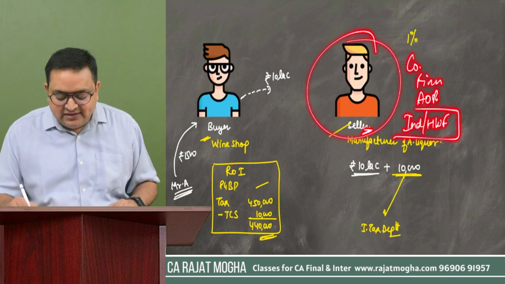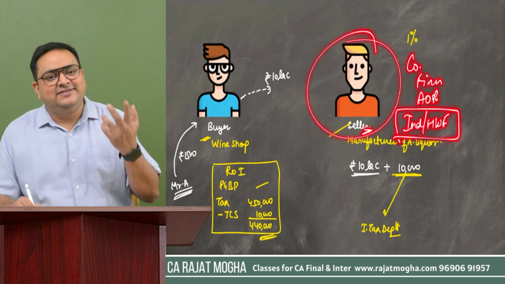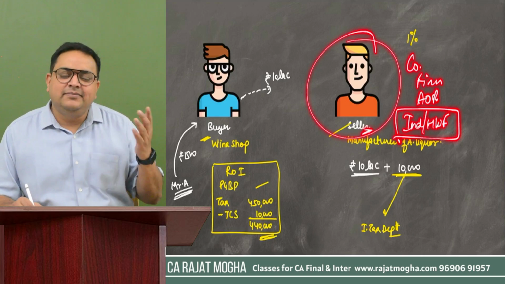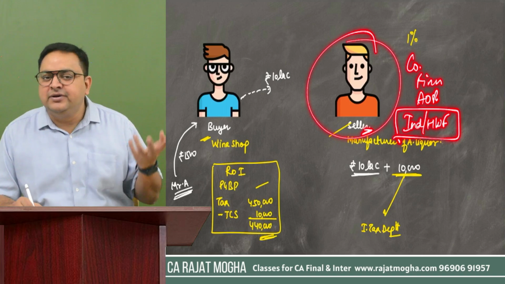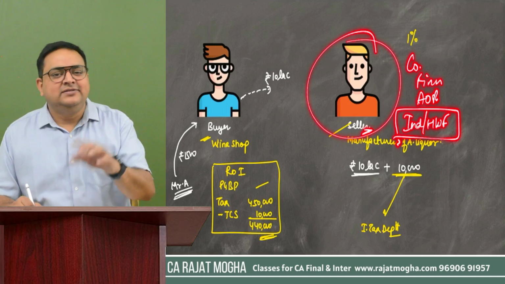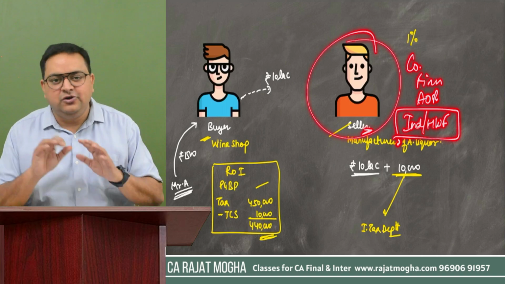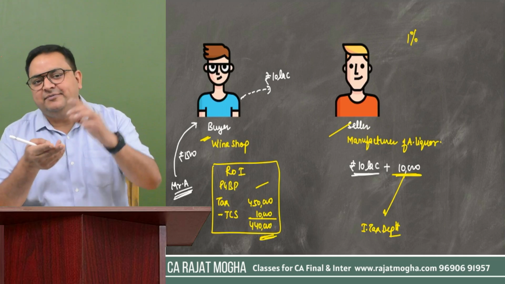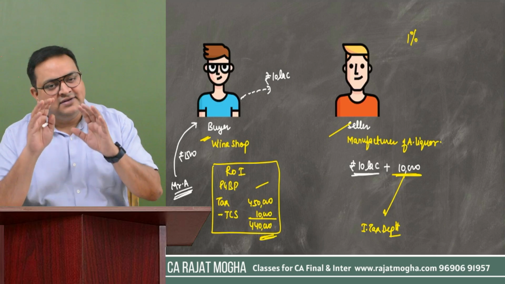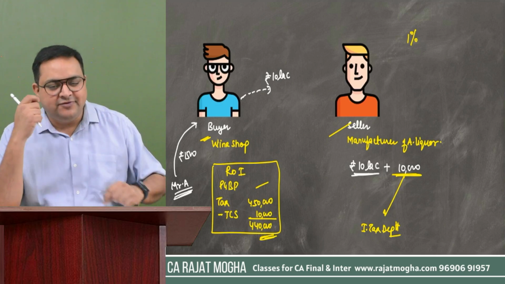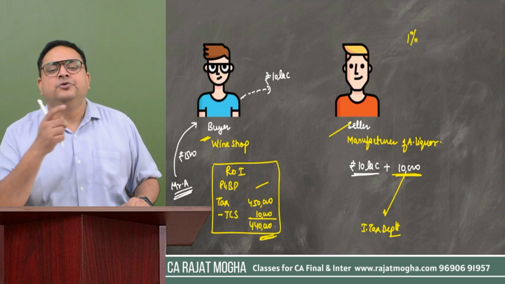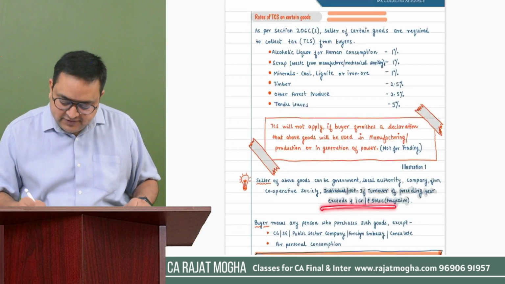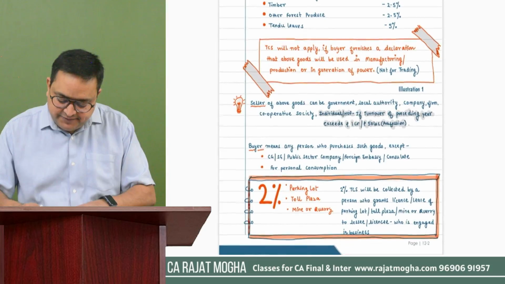And the same thing, if the seller is an individual or HUF, can they collect TCS? The answer is again yes, also no. It depends upon their last year turnover. So if their last year business turnover is more than 1 crore, or last year profession turnover is more than 50 lakh, then only such seller can collect TCS, not a normal individual or HUF. But if it is a company, we will not see turnover. If it is a partnership firm, we will not see turnover. Such kinds of seller are eligible. But if it is an individual or HUF, then only those whose turnover is more than that threshold limit. Got it? So it's written over here, seller of the bulk goods.